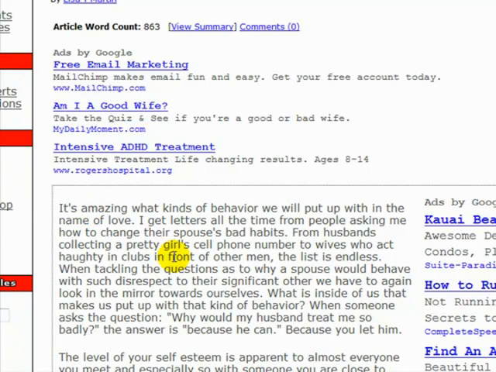You can see I put self-esteem. That's the keyword I'm exploiting here in this particular article. And write each article to exploit one keyword phrase. Just don't write an article that has everything about your entire business. Look at your business, do the keyword research ahead of time before you write the articles. Write down on a piece of paper all the different keyword phrases that relate to your business